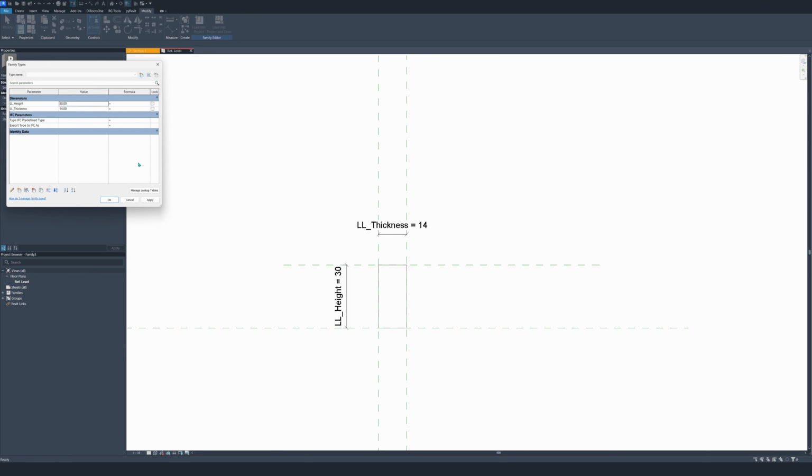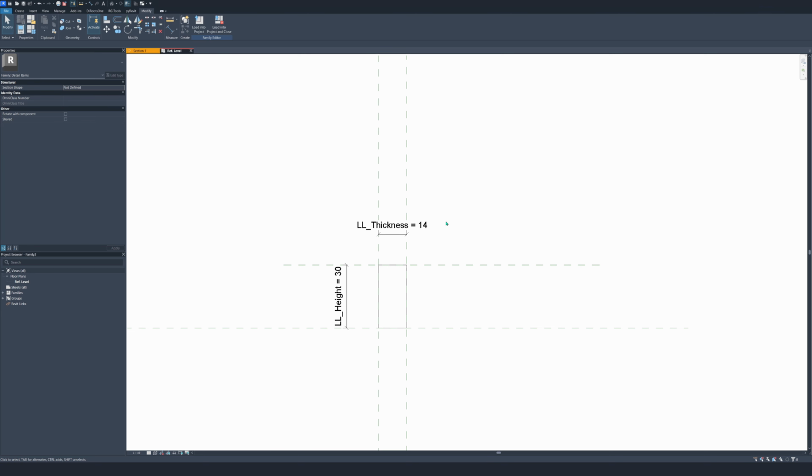Now we're gonna look if the family still works. Very important. I have no doubt it will. And yes, it does. Apply. Okay. And that's quite it at the moment. And now we're gonna put a new